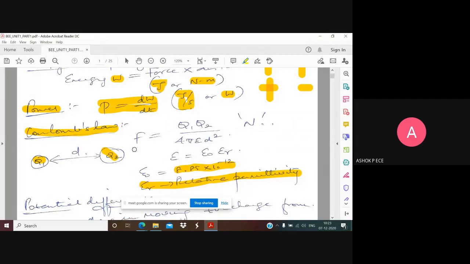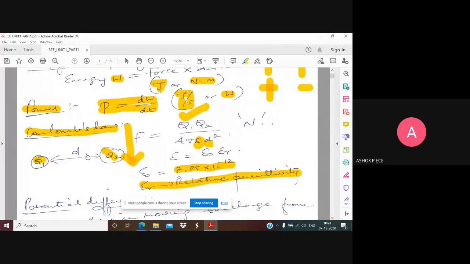So if you see the formula, force depends on charge, permittivity, and distance. If the Q value is larger, the force will be larger. If the medium has a higher value of epsilon r, the force is going to be less, because you see F is proportional to 1 by epsilon, correct? And if the distance is near, the force is going to be more. If the particles are far apart, the force is going to be less.